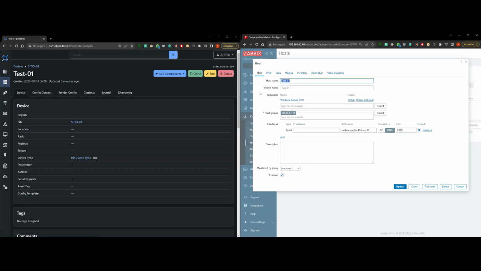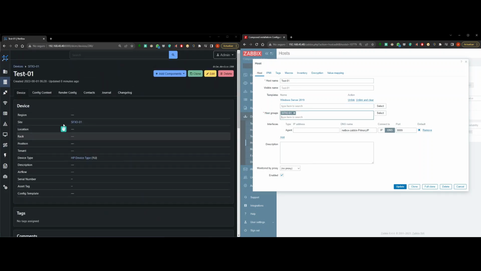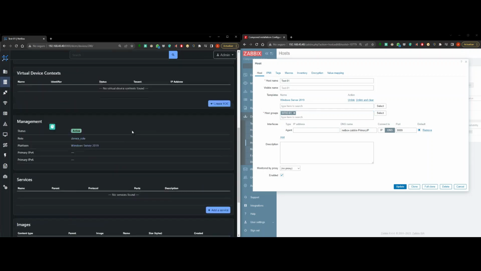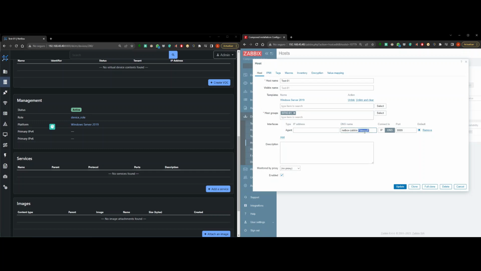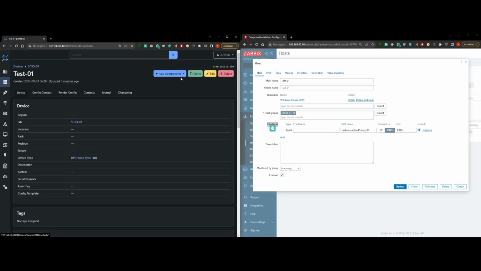This has the name equal to the template, Windows Server, and the host group, which is the site. Yeah, it is. And what we can see here is the interface. As we don't have any interface configured right now at this moment,